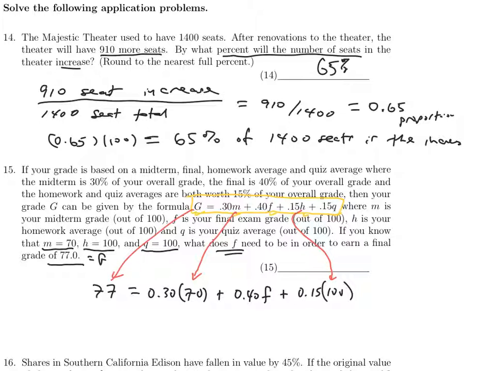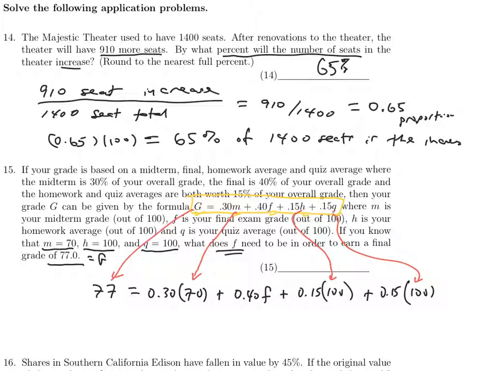And finally, 0.15 times Q, and I'm told that Q is also 100. So instead of Q here, I have 100. So those 4 pieces of information they gave me just tell me what the variables are. So in all problems of this type on these unit exams, you're going to have a relationship given, and that'll have several variables in it, but you're going to be told the value of all but one of those variables. And so that then changes this into an algebra problem that only has one unknown. And I can solve that like